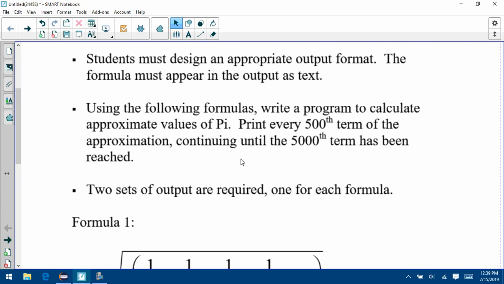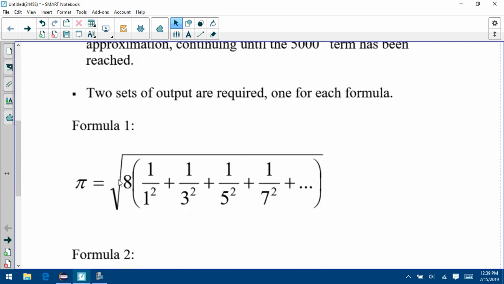Using the following formulas, write a program to calculate the approximate values of pi. Print every 500th term of the approximation, continuing until the 5,000th term has been reached. 2 sets of output are required, 1 for each formula. Okay, so these formulas are infinite formulas. That's why this ... is here. And if you were able to go and calculate this forever to infinity, you would get the actual value of pi,